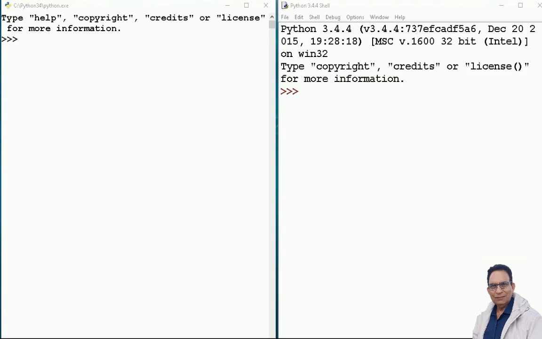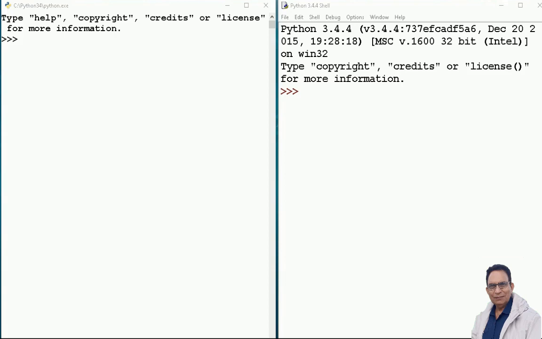Python shell is used through two different modes, interactive mode and script mode. We can use interactive mode using Python command line execution as well as Python IDLE, that is Integrated Development Environment. Python command line execution can be only for interactive mode. Python script editor or Python script mode can be used for both interactive as well as script mode.